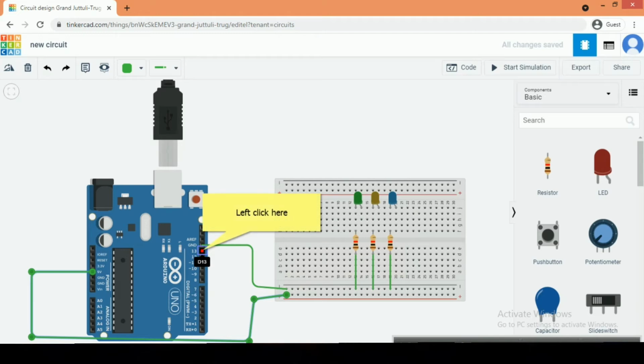Since we have 3 LEDs and we have to connect them to Arduino, we will use 3 ports of Arduino. We will use port number 13, 12 and 11. Connect them to the respective LEDs.